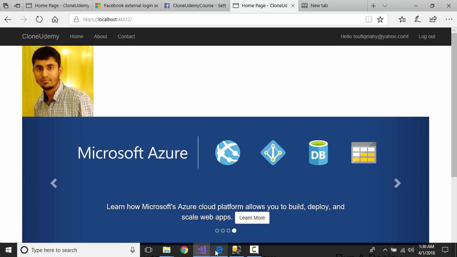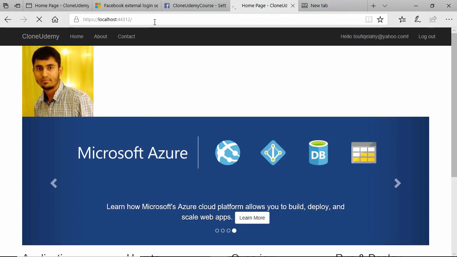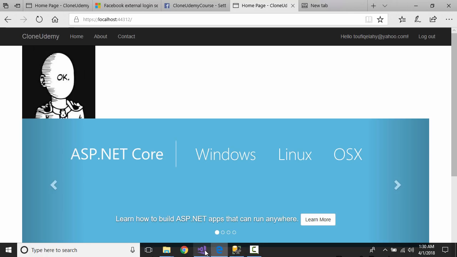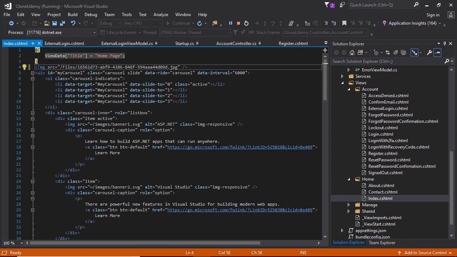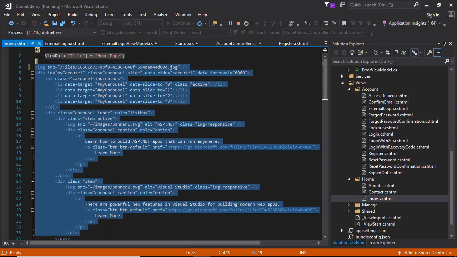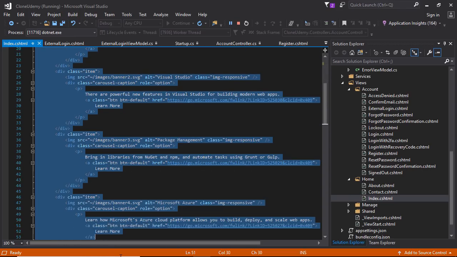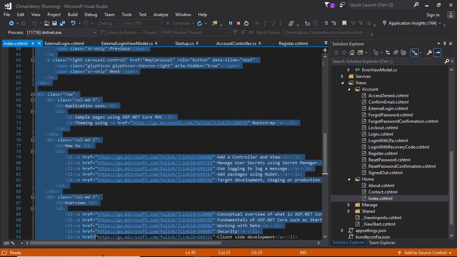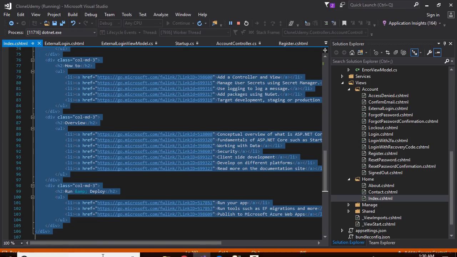Let's refresh this page. You can see this image. So this is working. So Facebook login is already implemented, and we don't need this HTML information, so deleting everything, save it